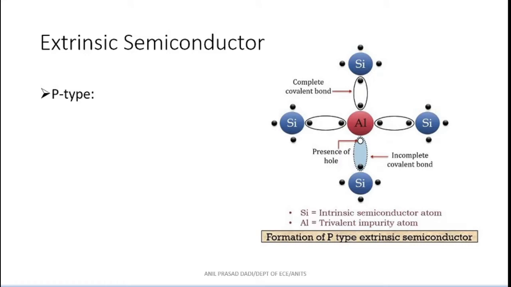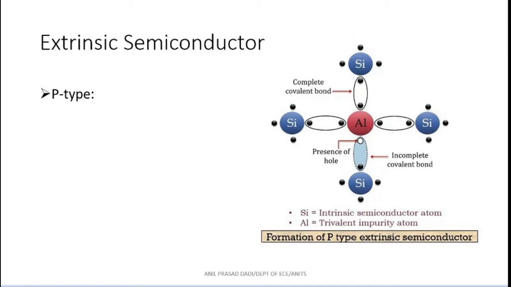As we have already mentioned, adding pentavalent impurities to the intrinsic semiconductor makes the electrons the majority carriers. Let us start with the p-type semiconductor. Doping means adding impurities; if it is p-type, it means trivalent impurities. Trivalent means in the outermost shell only 3 valence electrons are there. Such materials are called trivalent impurities.